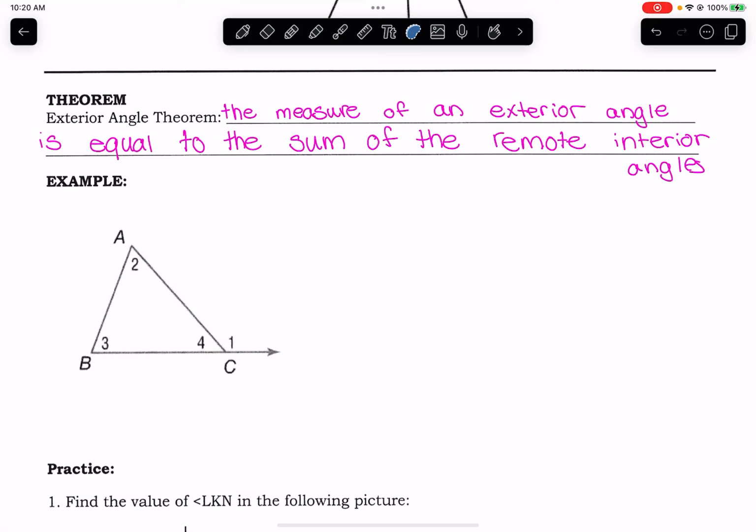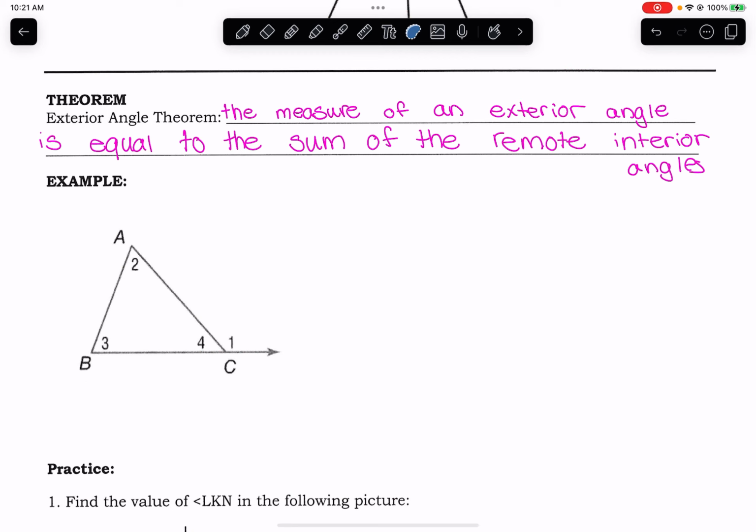In this lesson, we're going to go over two more things about triangles that we need to know in order to solve for missing angles. So the first thing we're going over is the exterior angle theorem. Exterior, you should think about the outside. What that is saying is that the measure of the exterior angle is equal to the sum of the